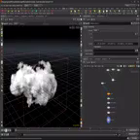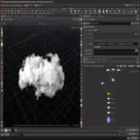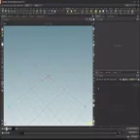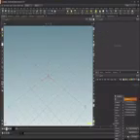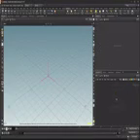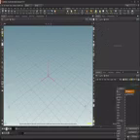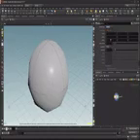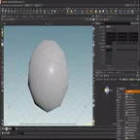Before we get into this setup here, I'll start off by creating a very simple VDB, and we'll talk about that. I'll start by putting in a geometry node. I'll call this our VDB cloud, and I'll dive inside of here. I'll drop down a sphere and switch this over to polygons. And now what we can do is just type in VDB,